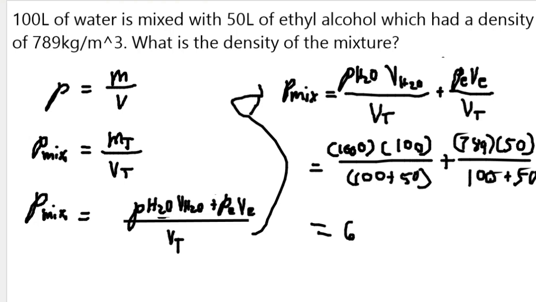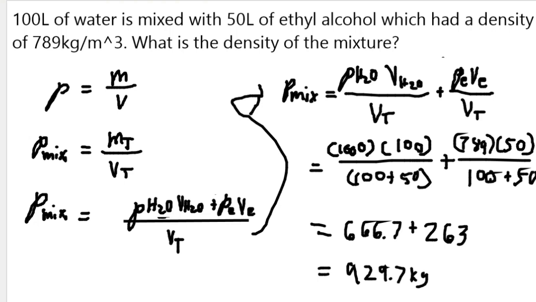So we're just going to use our calculator. 1000 times 100 divided by 150 is 666.7, plus 789 times 50 divided by 150 is 263. Taking the sum of these two, the density of the mixture is going to be 929.7 kilograms per cubic meter. And that's basically it for this video. I hope you learned something and